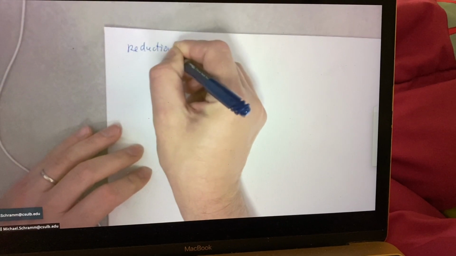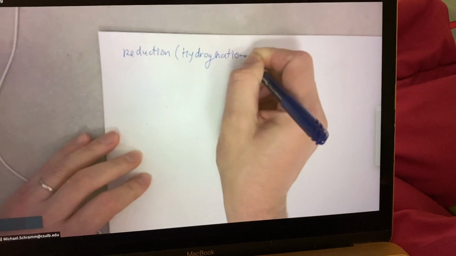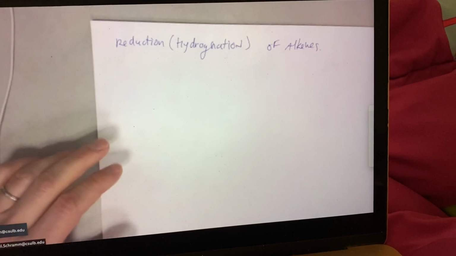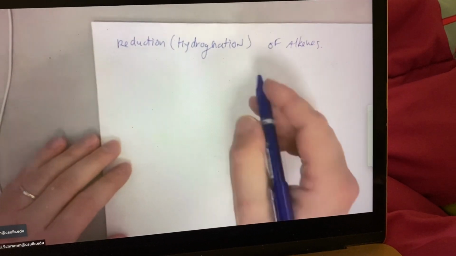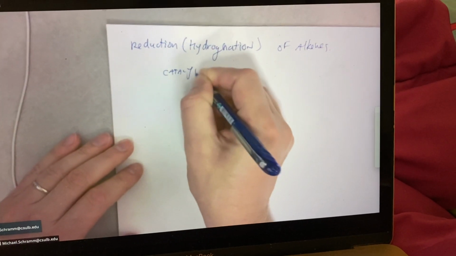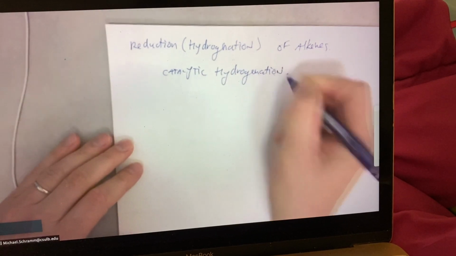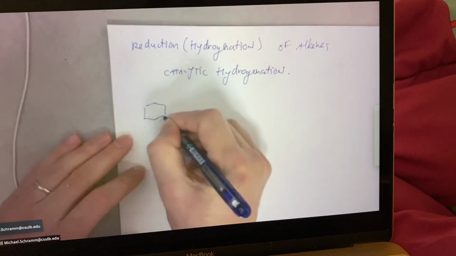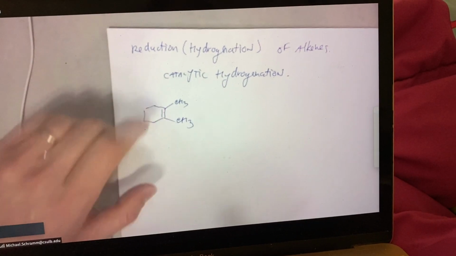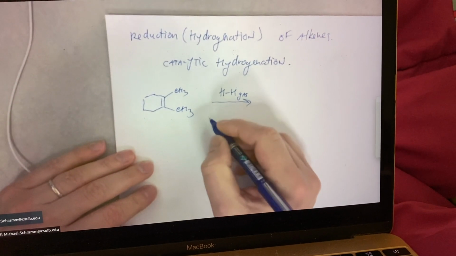It's called reduction. Sometimes it's called hydrogenation of alkenes. It's already naturally in our notes lumped together with another syn addition reaction giving cis stereochemistry. It's also sometimes referred to as catalytic hydrogenation, and it's just adding hydrogen across an alkene. You can take hydrogen gas, and it requires the presence of a special catalyst,